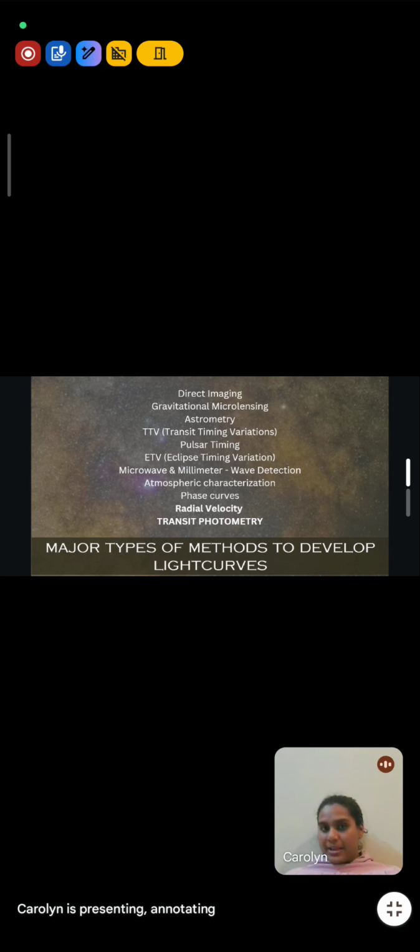So those are need-based, depending on your research, or you can adopt the kind of method you want to approach. But radial velocity and transit photometry are the basic processes you need to run for any kind of observation you're trying to make here. If you want to follow astrometry, or go for any TTV or MNM, any of these procedures have to first undergo transit photometry at the basic level. And if you want, run a